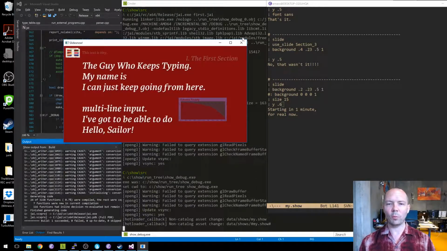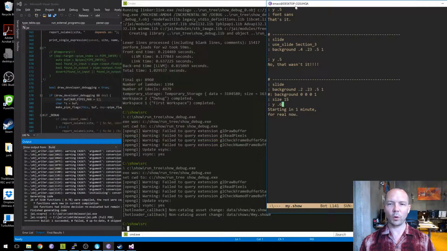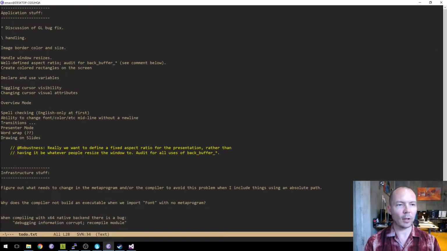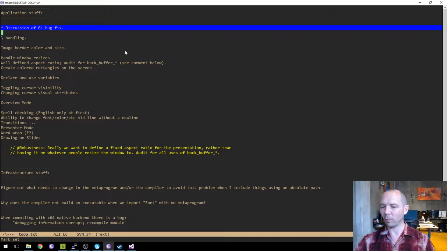And we have a to-do list of what is yet to be done. So let's take a look at that. The first thing on the to-do list last time was a bug to fix where the program was crashing when loading textures of certain sizes. That has been figured out. I solved that problem off the stream because I figured it was going to be a tedious and annoying and stupid problem, and it was. So I didn't want to waste people's time with it. But I'll go look at what the problem was and show you the solution.